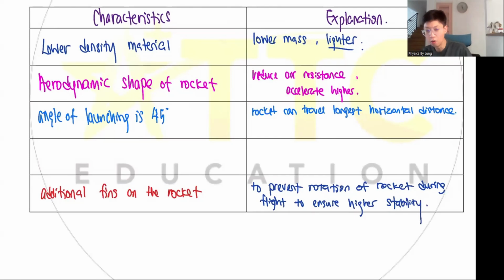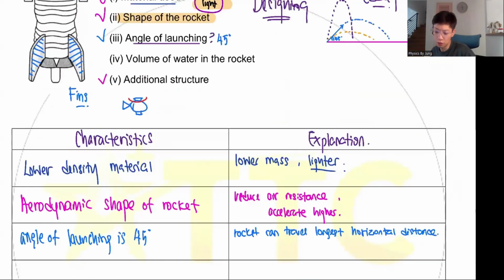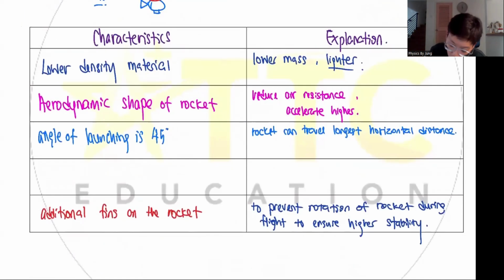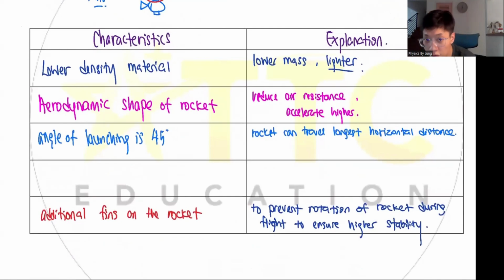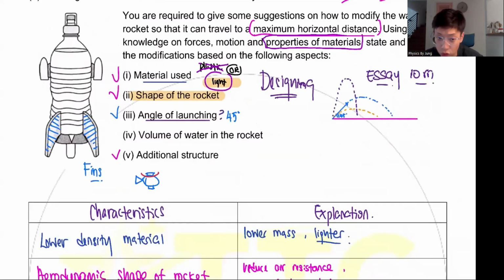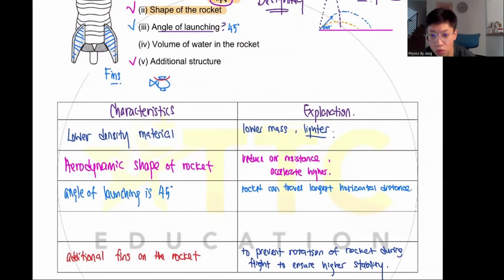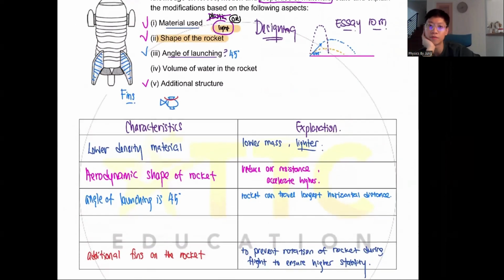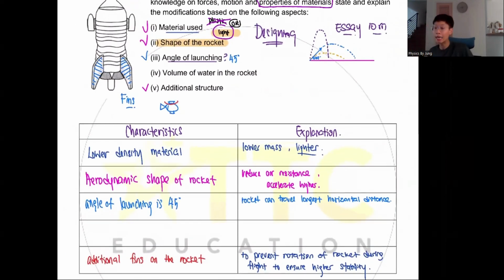Okay, Ken. Now, once you are done with all this, we look at number 4, the volume of water in the rocket. Guys, why do we need to add water in a water rocket? To give pressure. I can pump air, Danish. Air also has pressure, then it will also launch the rocket.